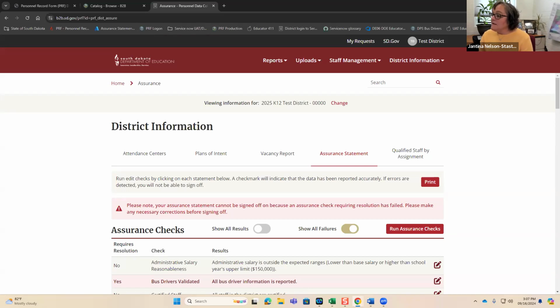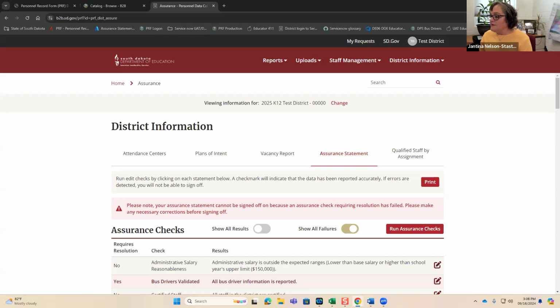So the top section is a series of validation checks that are bundled into some business rules and procedures. They are run against each reported district data set to identify data quality issues prior to submitting your data. These checks can be implemented at any time during the collection window and will ensure that you have completed all areas of the PRF, so no errors are detected.